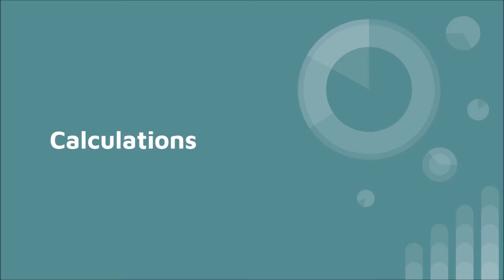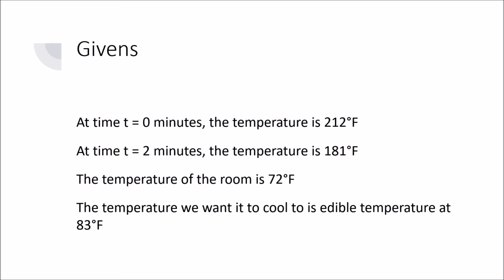So we use Newton's law of cooling to determine how long it would take for the brownie to cool down and be safe to eat. So we have 4 different givens. At time equals 0 minutes, the temperature of the brownie is 212 degrees. At time equal to 2 minutes, the temperature of the brownie is 181 degrees. The room temperature is 72 degrees, and the temperature for the brownie to be safe to eat is 83 degrees